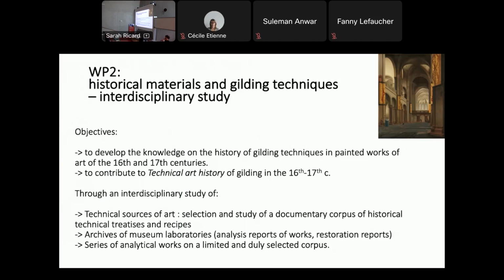It's a period where you have new supports such as slate, marble, and also copper, that become very essential supports for painters. And so the idea is to understand the way that these techniques could have evolved or developed through time. So we use archives, and also archives of laboratories, especially museum laboratories, in order to benefit from previous studies that had been done